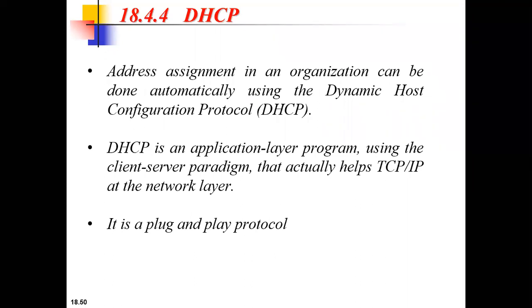Suppose in a smaller organization, after a block of addresses is received, how is it actually assigned to individual users? Correct. Suppose, for example, consider our college itself. We got different addresses from the ISP, the Internet Service Provider. So how are we assigning the IP address to each and every system located in the college? So how are we doing this?